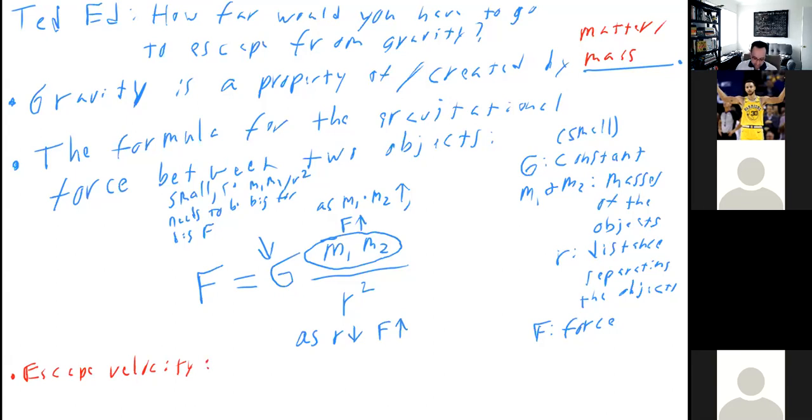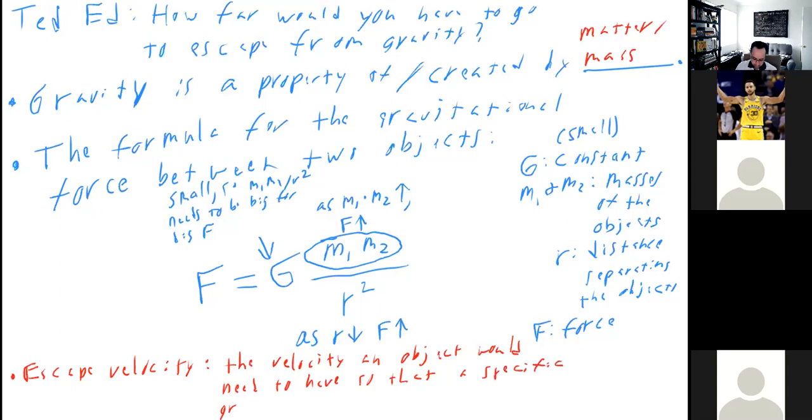The escape velocity is the velocity an object would need to have so that a particular or specific gravitational field, I'll abbreviate grav field,